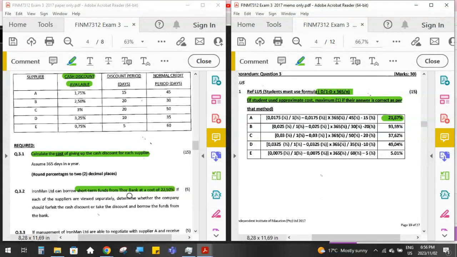I know that if I do take the discount, in other words, if I pay 30 days early and I take the discount, that will cost me 22.5%. Because if I'm going to pay the account early, that means I'm going to have to withdraw funds out of my bank account to pay that account early, and that's going to cost me 22.5%. So then we've got to have a look at